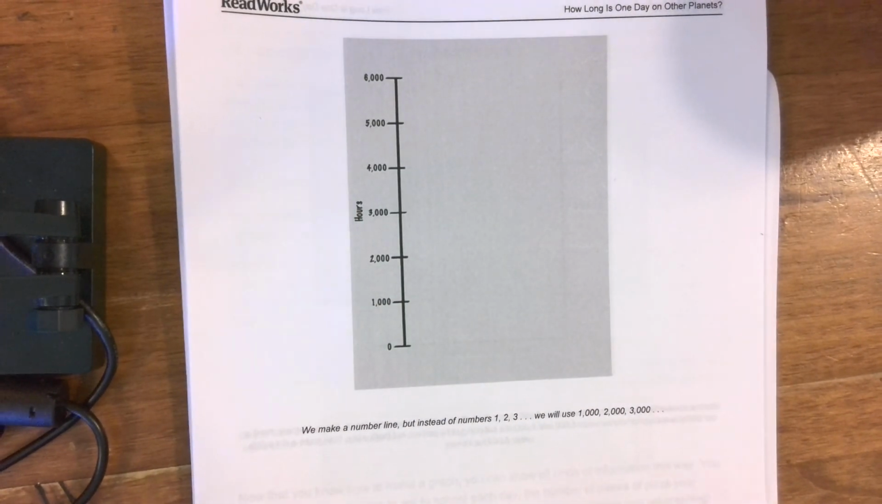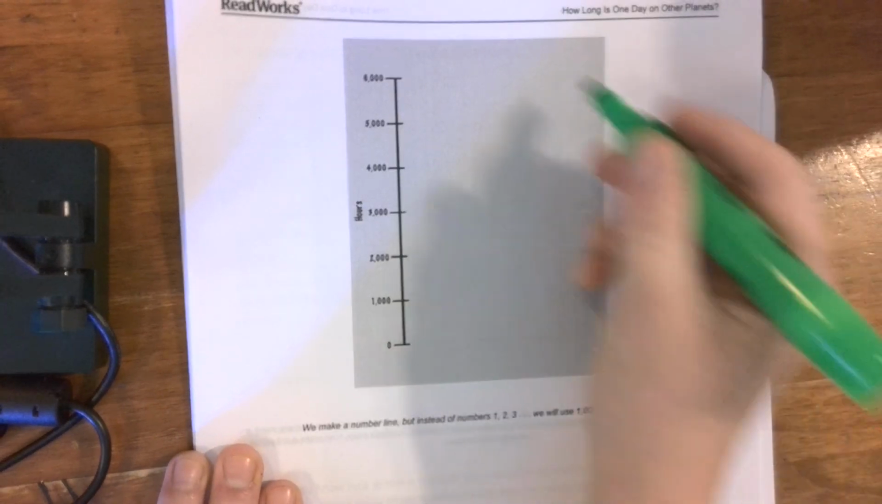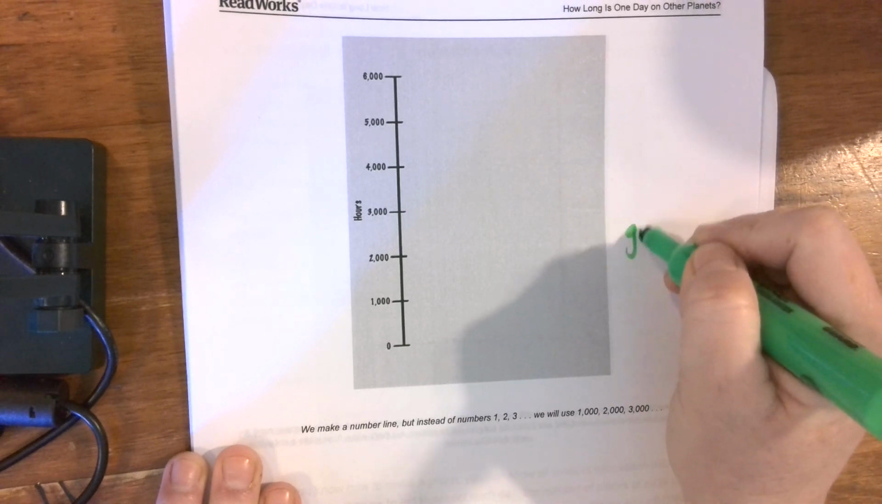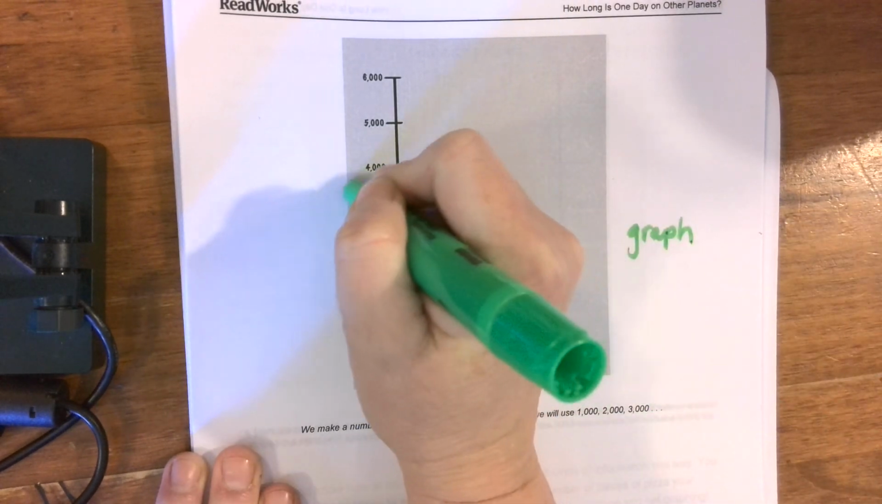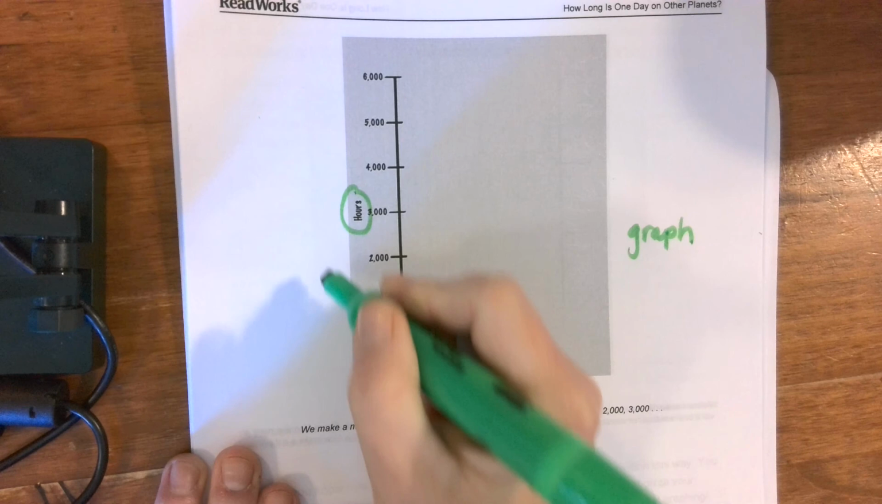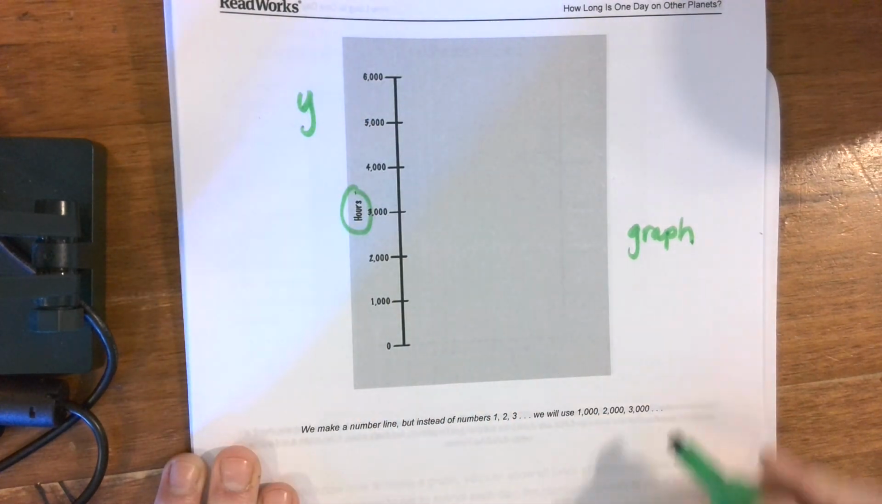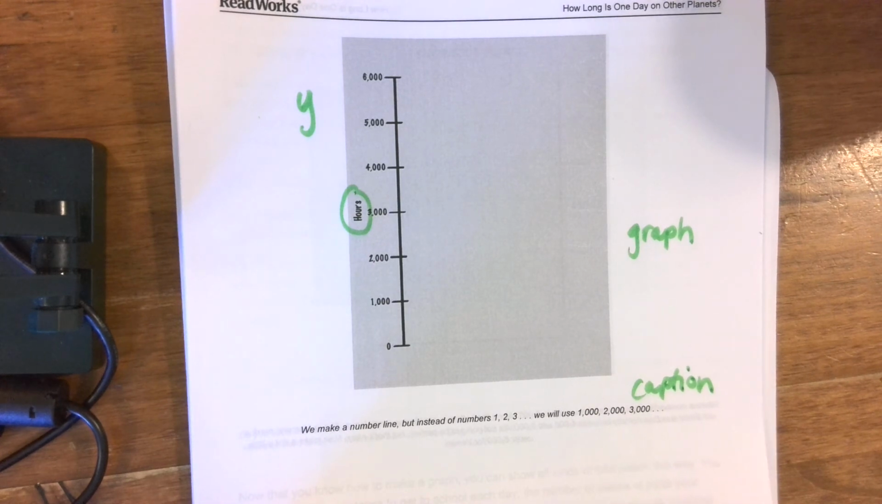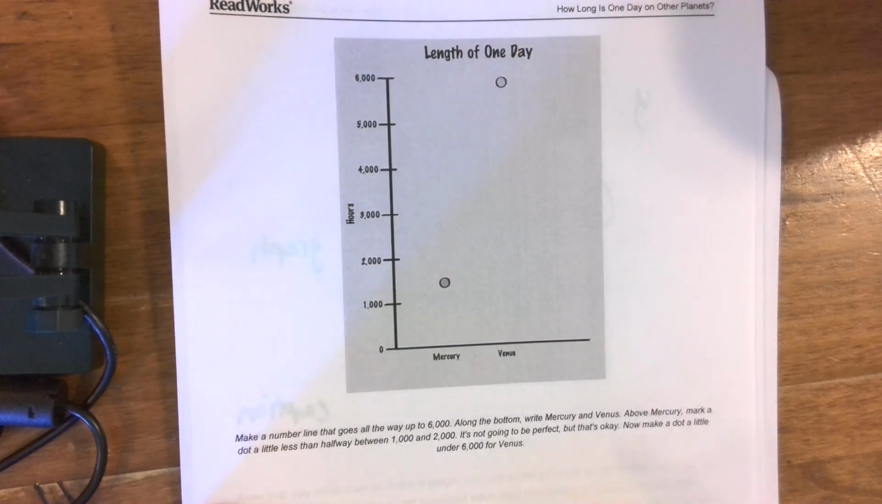All right, our next one is this. What do we call this thing? It's also a graph. It says hours. We have our y-axis. We have another caption. We make a number line, but instead of 1, 2, and 3, we're going to use 1,000, 2,000, 3,000. Now we're going to add,